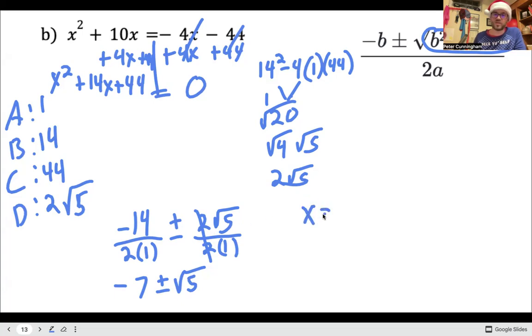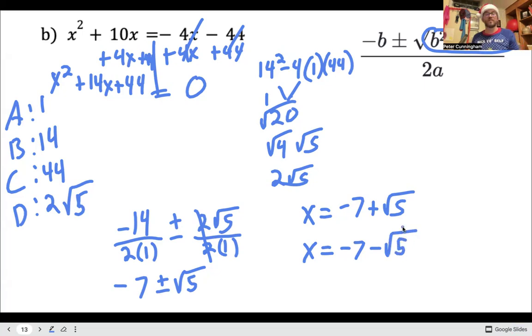So your answer is x is, you can write it as two separate answers here, negative 7 plus root 5 and negative 7 minus root 5. If you can factor a complete square, I recommend it. But if you can't, you can always use the quadratic formula. It's going to take you a while, but